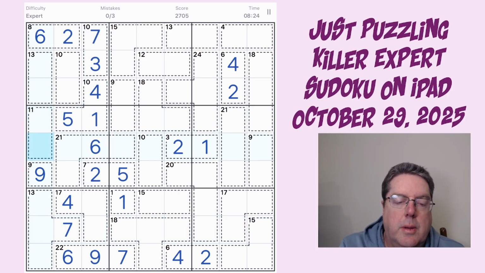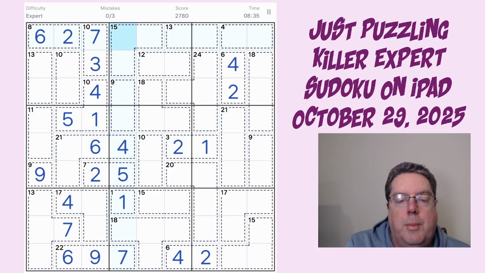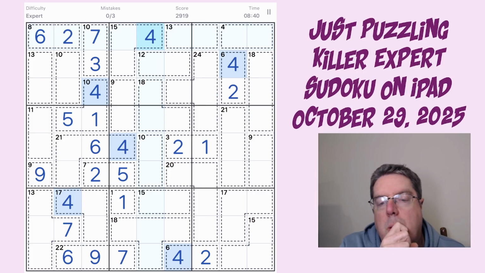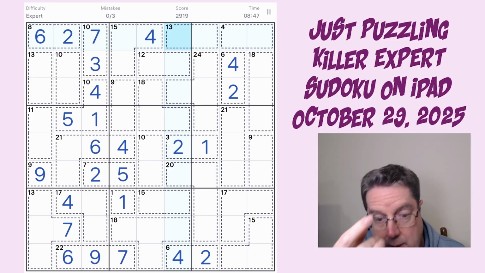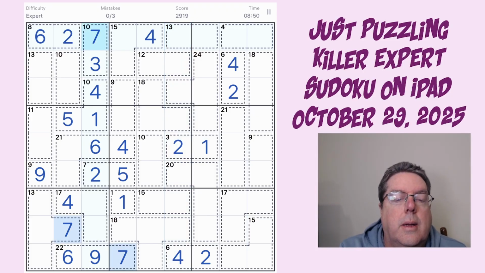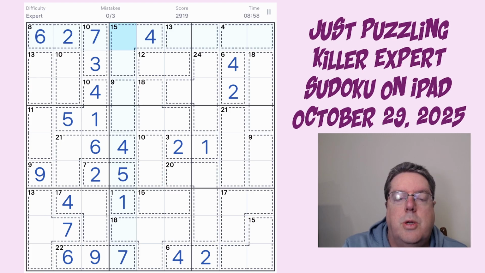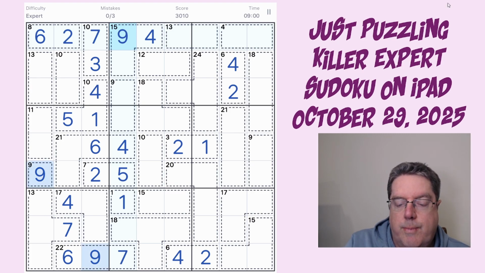4 and 7. 1, 2, 3, 8, 11, 17. So this is a 4. And then we know 4 comes up here, 4 comes up here, 4 comes across here, 4 comes across here. So by Sudoku, that's a 4. I can actually tell you what that one is because I go 4 plus 4 is 8, plus 13 is 21, 28, 36, 9, which I should have been able to figure out anyway,